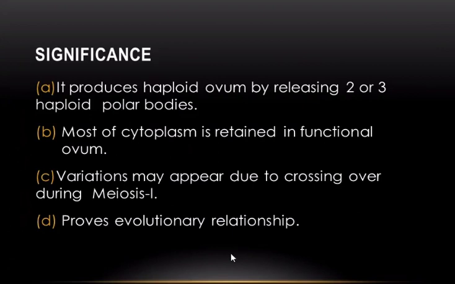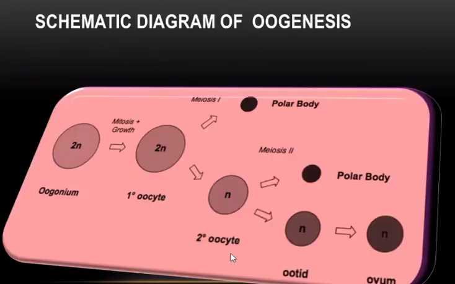Now we'll discuss its significance. It produces a haploid ovum by releasing two or three haploid polar bodies. Most of the cytoplasm is retained in the functional ovum, and variation may appear due to crossing over during meiosis I. It proves evolutionary relationship. So this is the schematic diagram of oogenesis, in which the oogonium develops into an oocyte by